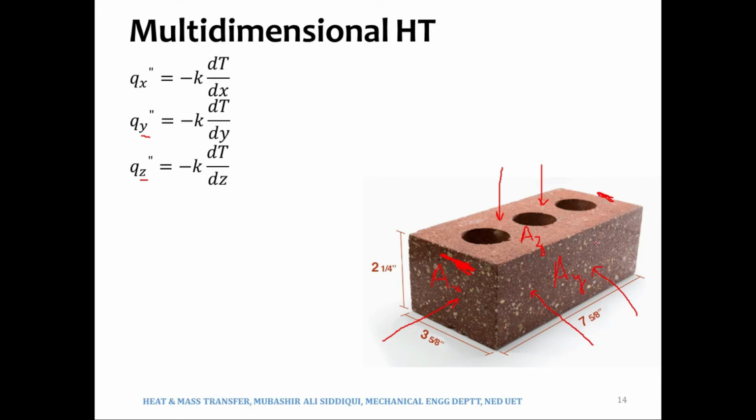Now when we come in y direction, there would be a temperature on this face and a temperature on the back face, and there would be a temperature profile between these two faces, this face and the back face. Means we would have T as a function of y. We would have temperature as a function of y. And what would that mean?